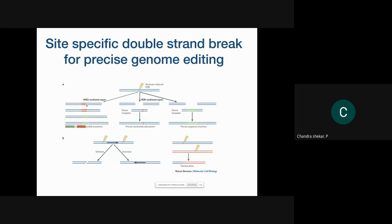So there is a change in that locus. The other thing that happens is, when you have a double strand break, and in that cell at that time, if you have given a donor template, meaning a template of DNA, double strand or single strand, which has got homologous regions on either side of this break, with whatever sequence in between, that will be stitched in. This is homology dependent repair, and this is exactly where you can get a precise alteration of whatever